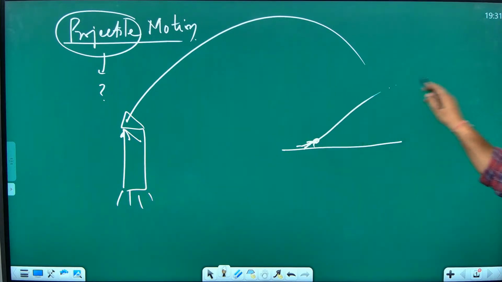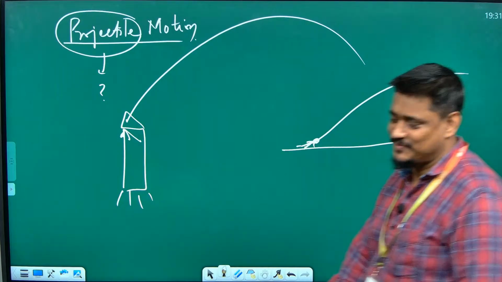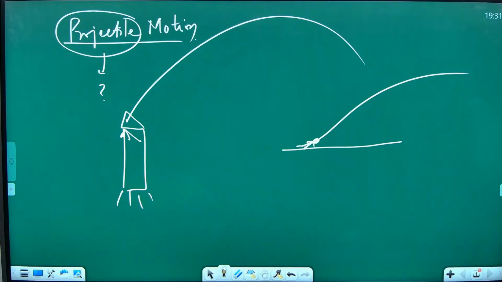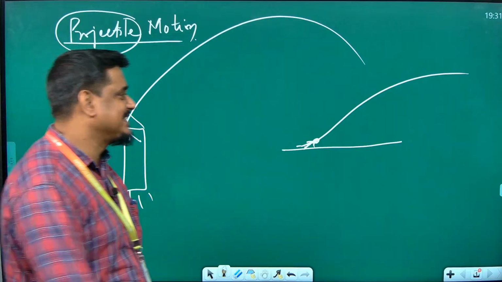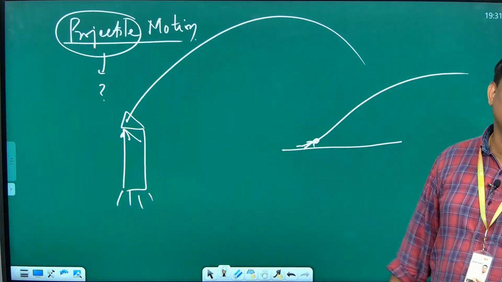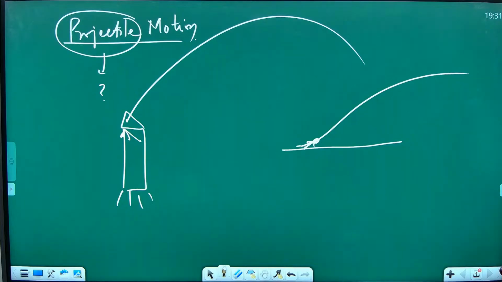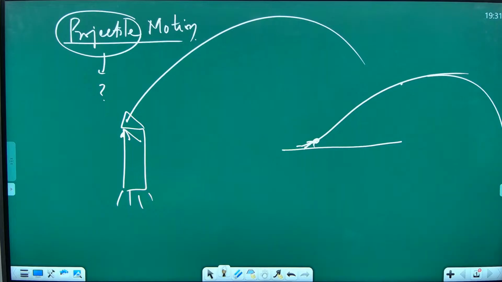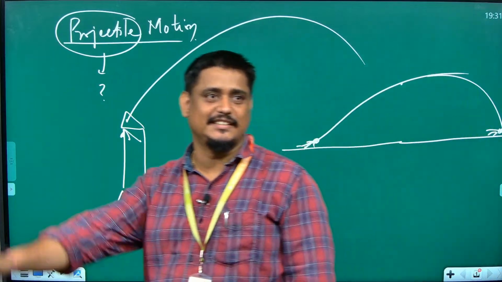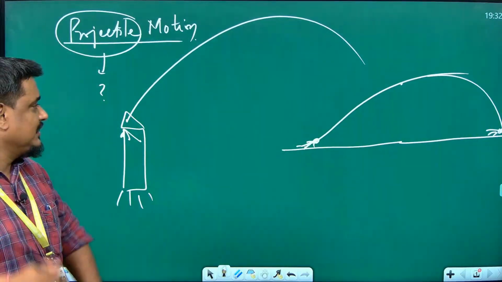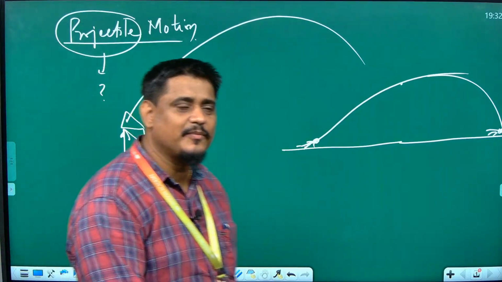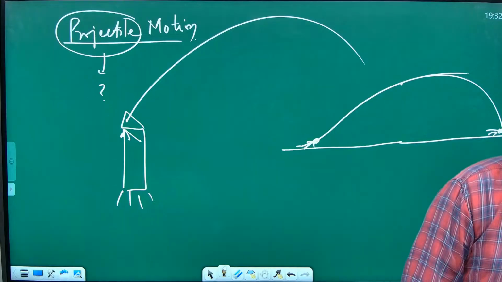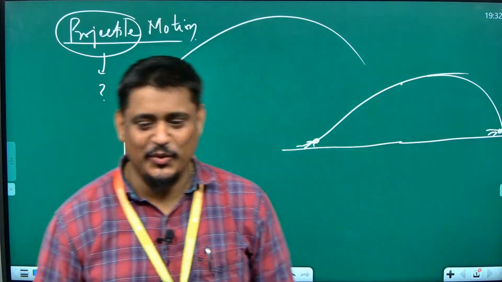This bird flies like this. Is it a projectile? Give a try, yaar, guess. Bird is no. Why? Why no? Sir, it goes upwards and it will not come down. It will go up, it will not come down. Okay, I make the bird go and come down here. Once again landing back. Now it is a projectile? Yes, sir. Kashika, this bird example, projectile? Yes, sir. Okay, I expected this.